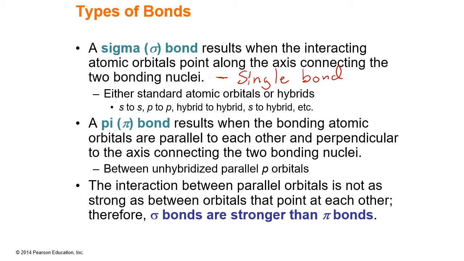And this happens when we have lots of different types of interactions. It can be s orbitals that are overlapping to share their electrons, p orbitals that are overlapping to share their electrons, or hybrid orbitals overlapping with each other, or an s that is overlapping with a hybrid. So there's lots of different ways that we can form sigma bonds. To form a pi bond, we have to have p orbitals that are unhybridized that are overlapping next to each other. And so pi bonds are the second